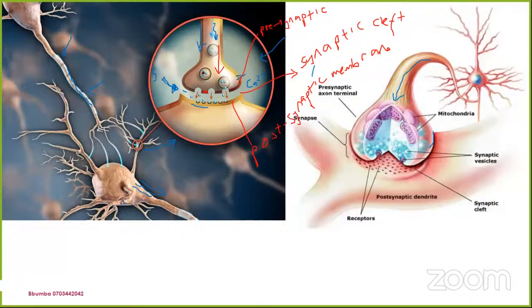When the calcium ions enter, they make vesicles move. Now this neurotransmitter